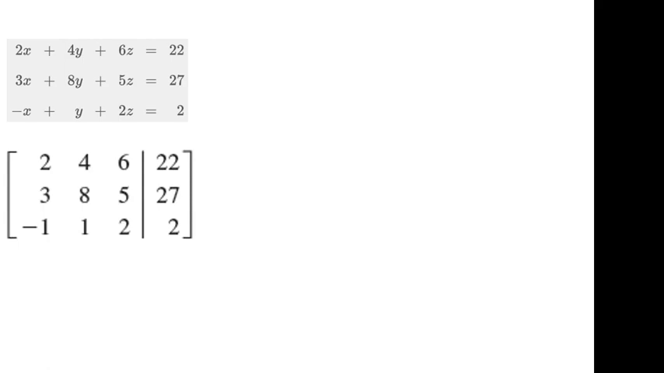The key to understanding this is that the variable's purpose in terms of solving the system of equations is to just keep the right coefficients lined up. So if I just dropped the variables and wrote only the coefficients, we would have what's called a matrix, an array of numbers. So this is just the coefficient matrix, 2, 4, 6, 3, 8, 5, negative 1, 1, and 2, that are the coefficients of x, y, and z respectively, and the constants 22, 27, and 2,